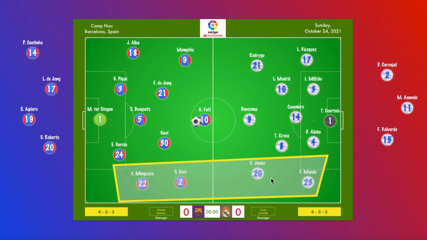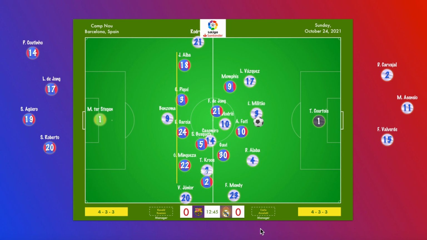their attacks. In the opening 10 minutes of the match, Barcelona has actually done a good job of holding possession deep into the Madrid defensive third. And Casemiro actually has had a couple of important giveaways close to his goal. So the Barcelona high press has been doing really well, but at the 12:45 mark,